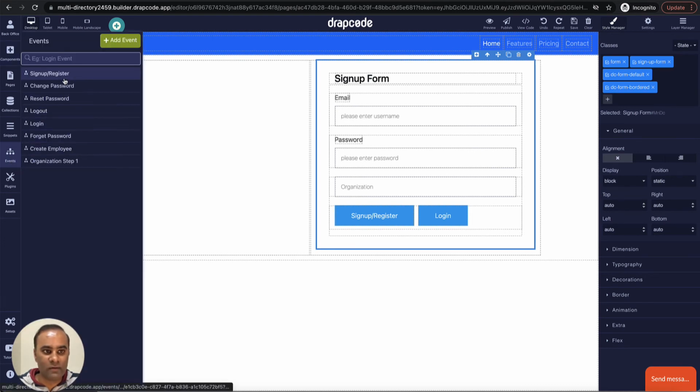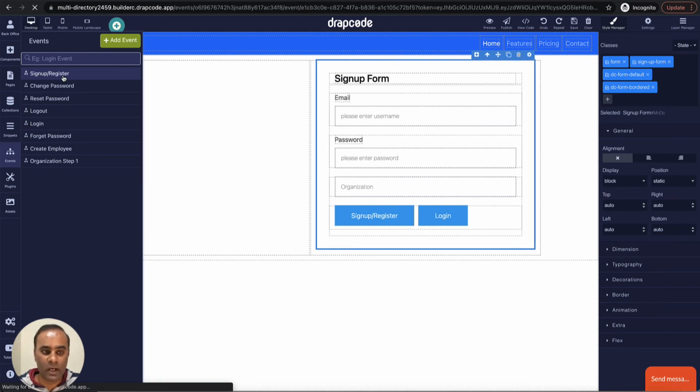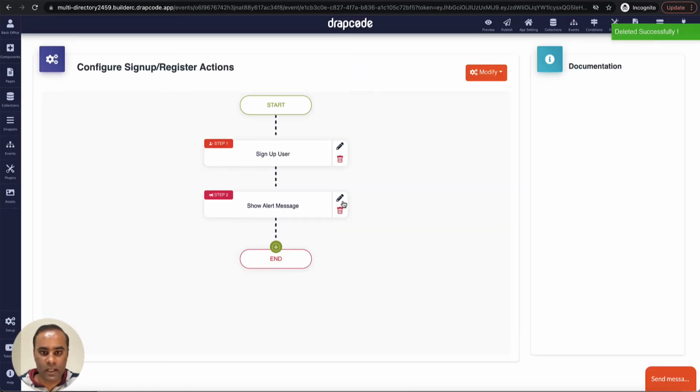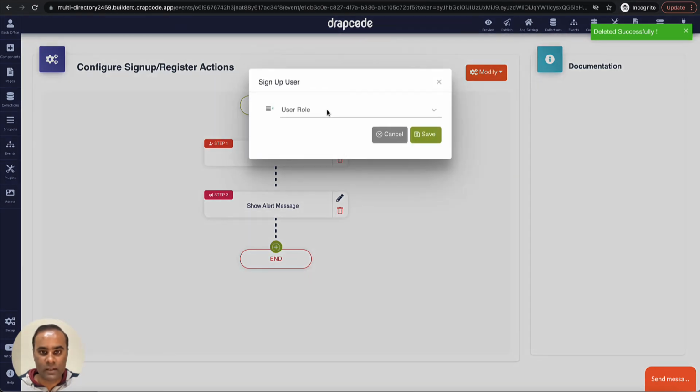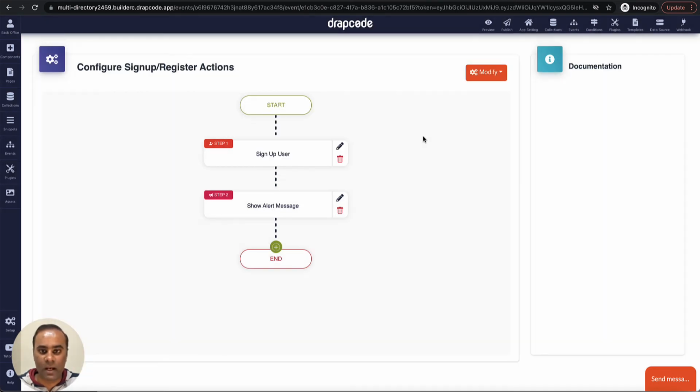So we'll go to the events, and if you see, we already have a sign up register event created as part of the authentication plugin which we installed during onboarding, right? We go to the event. Let's fix this. So here we don't want to send any email. I'll remove this. And in the sign up user, we just want to assign a role, that whenever someone is signing up using this form, what role it will be. So it will be organization manager. And save. Show the message.